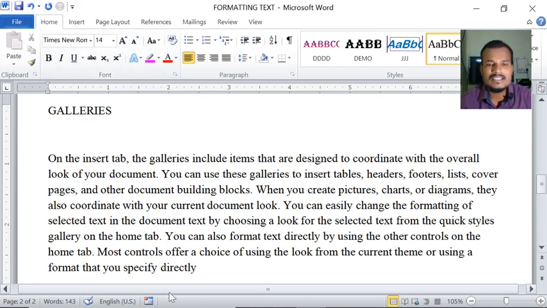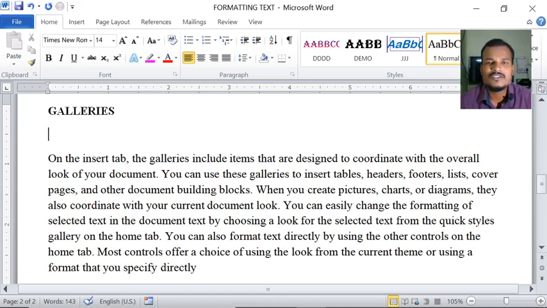You observe here, this is the paragraph and this is the heading. In a textbook, if you observe clearly, for headings and subheadings the font will be very thick. That can be applied with the help of this bold. See here, this is the paragraph and this is the heading. I want the heading to be somewhat thicker. For that purpose, I am selecting the text and clicking on bold. You observe here, this is different and this is different. The thickness of these characters is high when compared to these characters.